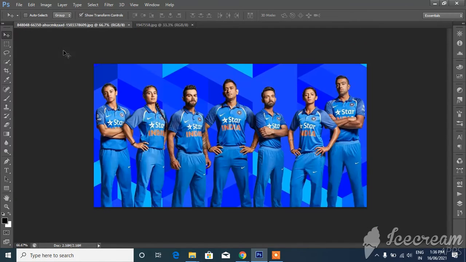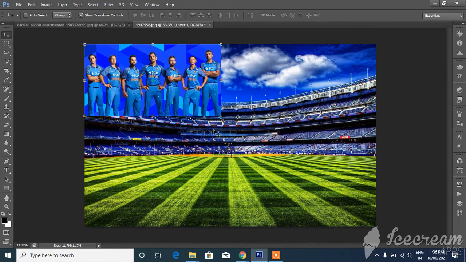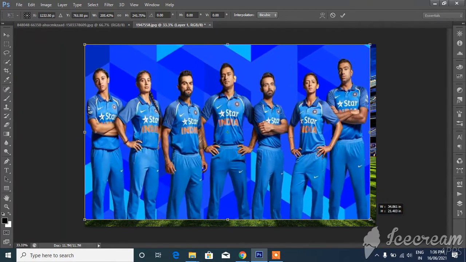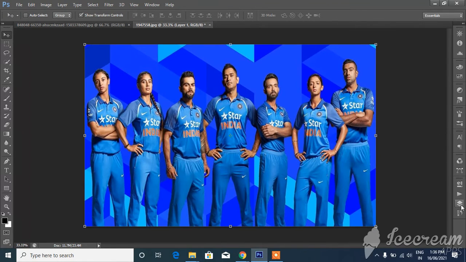Okay, so what we will do, we'll keep this image on top. So drag this image and place it on top of the stadium. Okay, and then enlarge it using the free transform tool. Then go to your